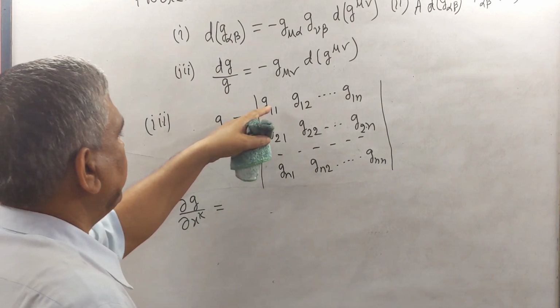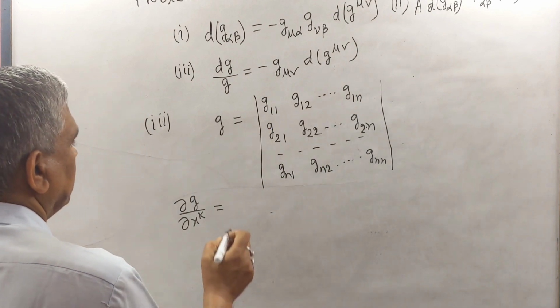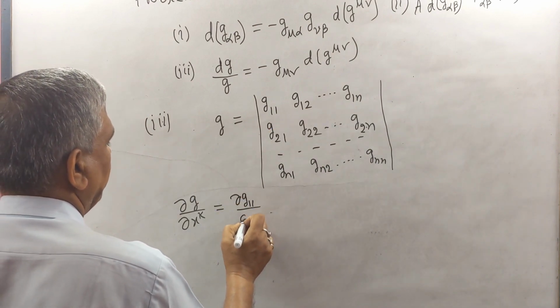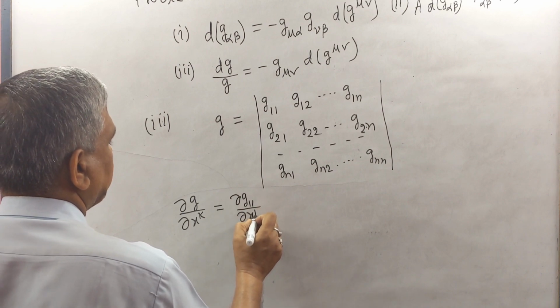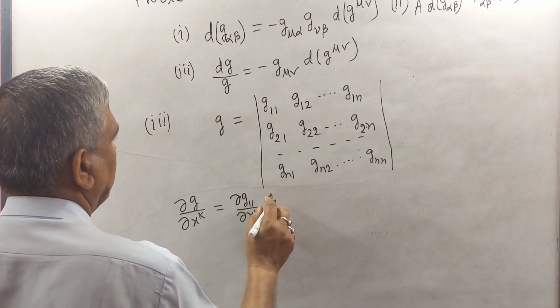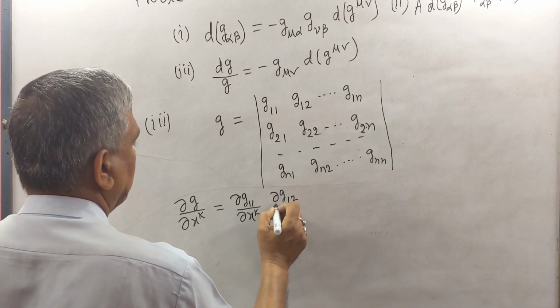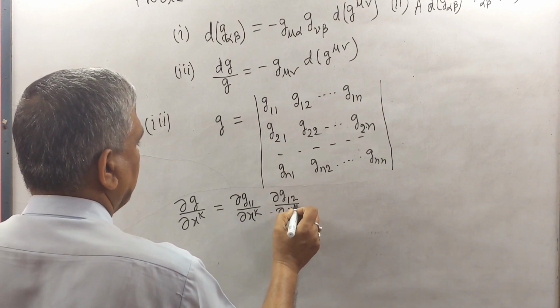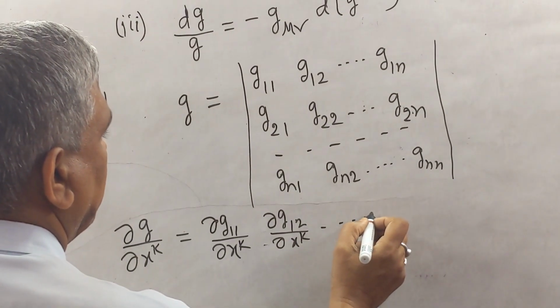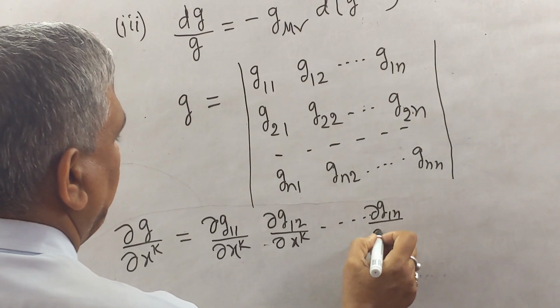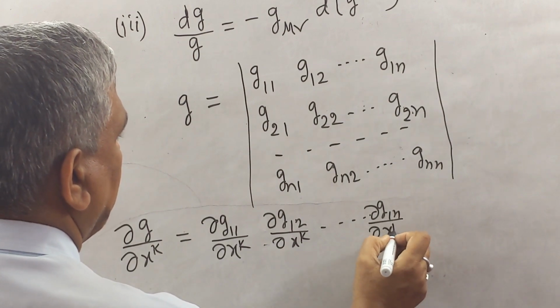Firstly differentiate first row, del g11 by del xk, del g12 by del xk, dot dot dot del g1n by del xk,